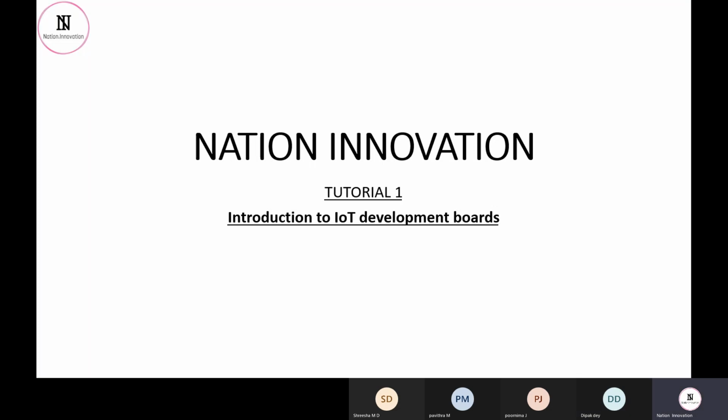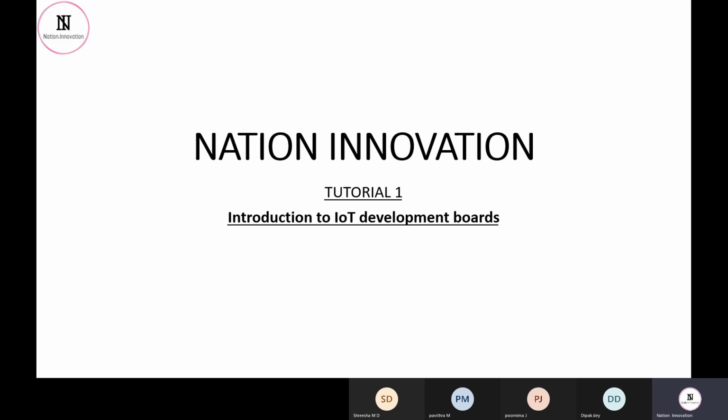Fine. So to start with this, we will require some medium, and that medium is your embedded system. The main role for an IoT device, product or project will be that embedded system part, how we are making that. We just have to put an internet connection or any communication connection with that embedded system, and we are good to go. We are able to convert any embedded device into an IoT product or project.